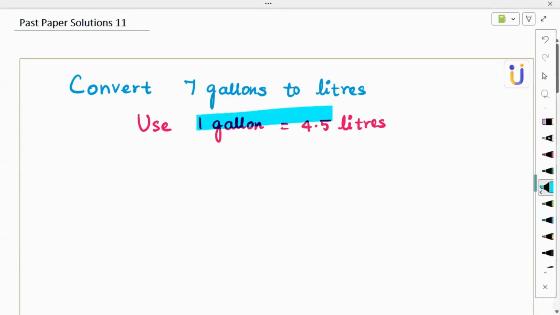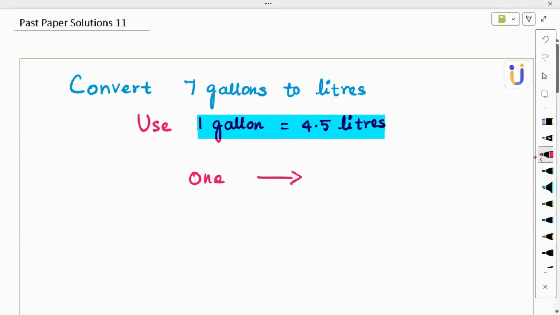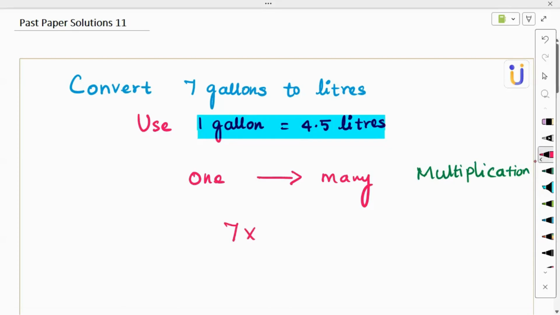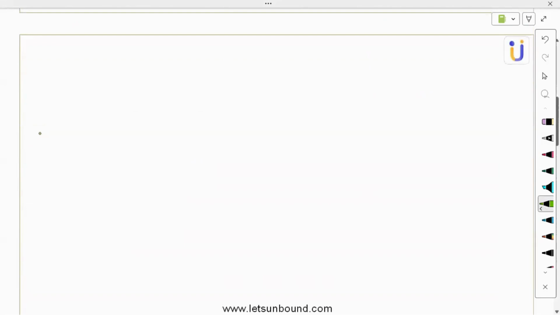So the value of 1 is given, we need to find many. So 1 to many is multiplication. Since one is a whole number, you can multiply 7 times 4.5 or 4.5 times 7, both are the same. So let's multiply this. So 7 gallons will be equal to